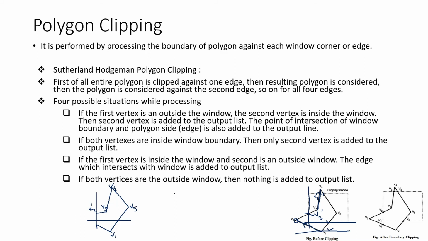Now whenever we are considering the top window, obviously this part and this part is going to be clipped. Whenever we are considering the bottom window, obviously this part is going to be clipped. And whenever we are considering the right window, nothing is going to be clipped. So that's how we are going to get this total thing using the particular Sutherland-Hodgman algorithm. So this is how it is going to work.